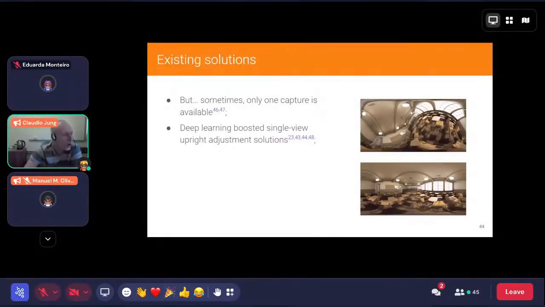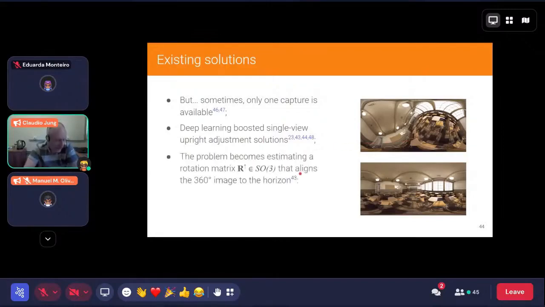So basically, that's the core of these strategies that use single panoramas for gravity alignment. And basically, the problem is to find the upright vector, which is equivalent to finding the rotation matrix that can transform the first image, the rotated image, into the gravity aligned one. And there are several technical details on how to encode the rotation and how to encode the angular information of the rotation,